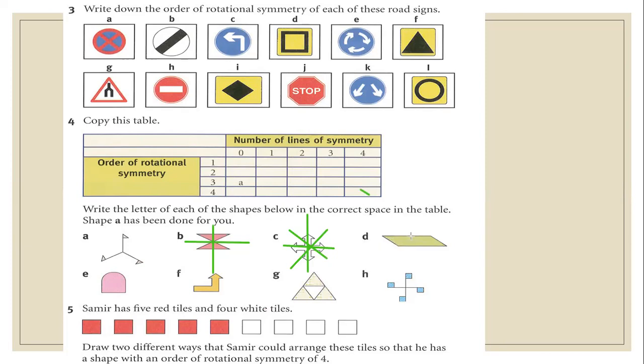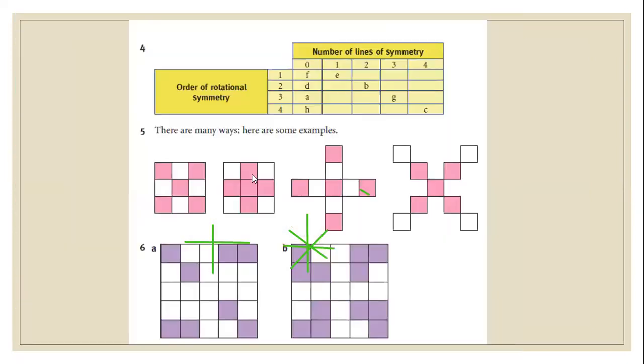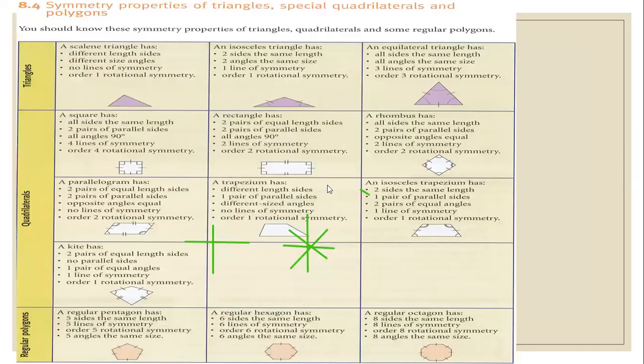This one has 0 lines of symmetry. And how many orders of rotation? I think 2. D, let's check this one. D is 2 and 0. So same as this. I hope you understand this one. Now let's talk about